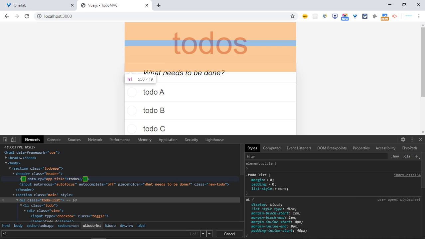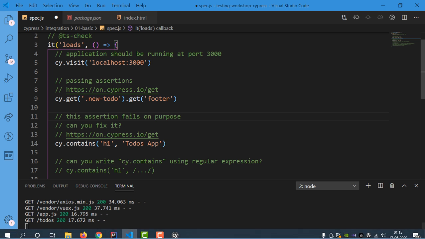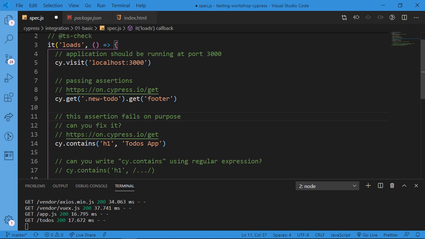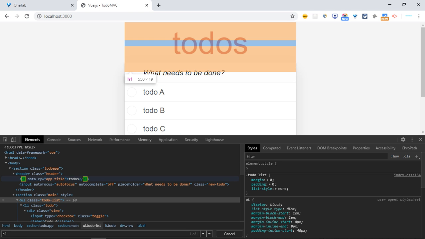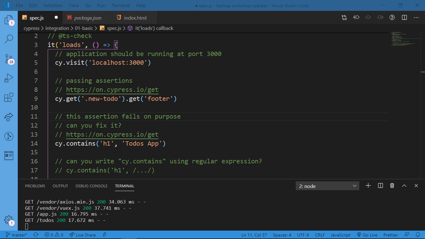Okay, you can see data-cy is there. Data test ID is already given in this. So this is the app title, and what we have written here is "todos". This section is specific to to-do apps. Okay, and here we have to-dos. So that's the stuff. So if I just copy paste this,